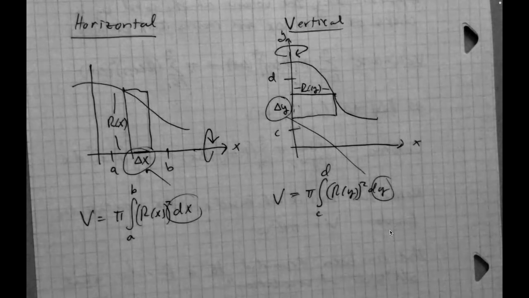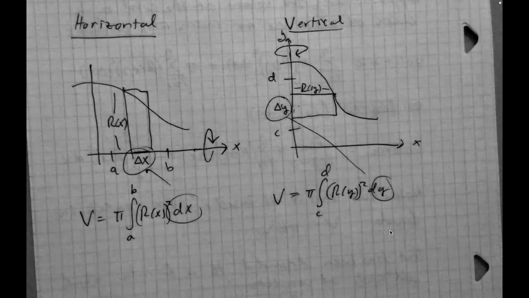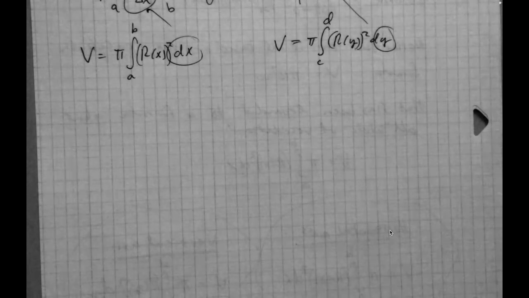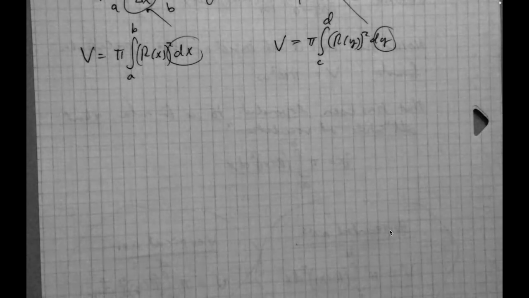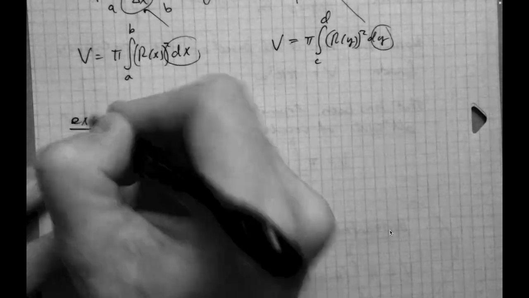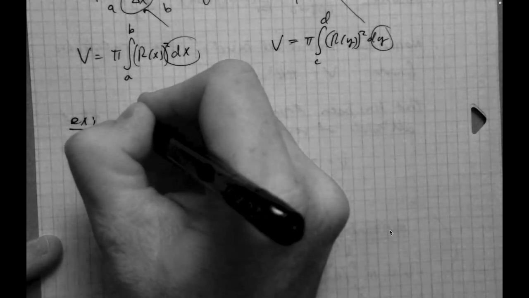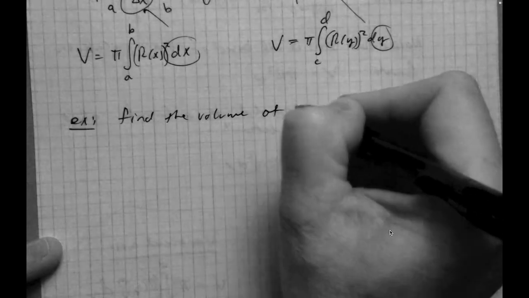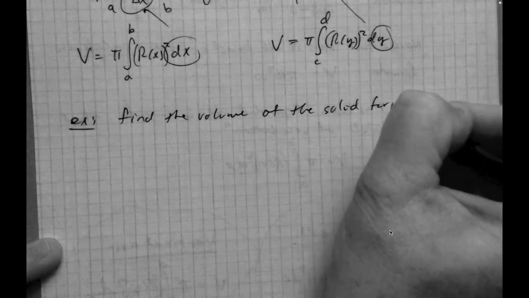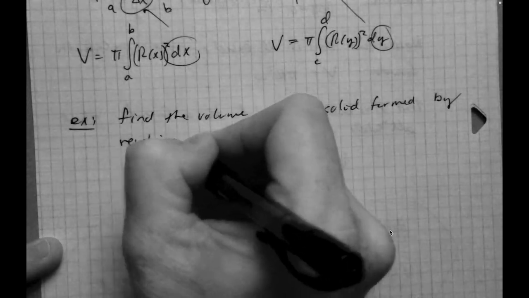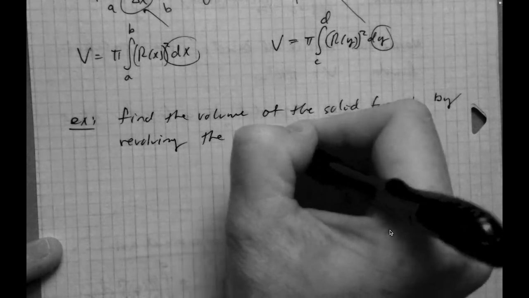Okay, all right, good. Let's talk through an example or two here. So the simplest examples will probably involve a region bounded by the graph of f and the x-axis. So let's do an example like that first. Find the volume of the solid formed by revolving the region